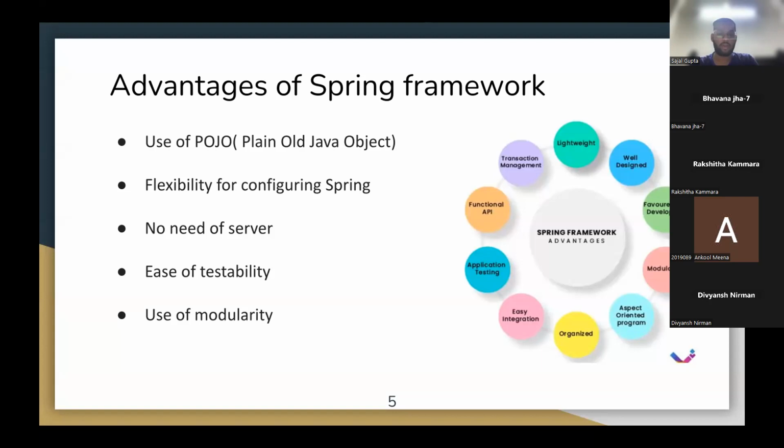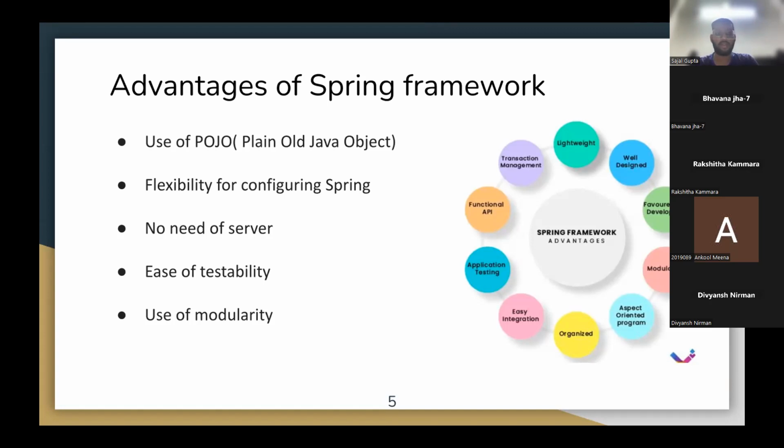We do not require any server to run our application, as this is a lightweight container. Now coming to ease of testability,